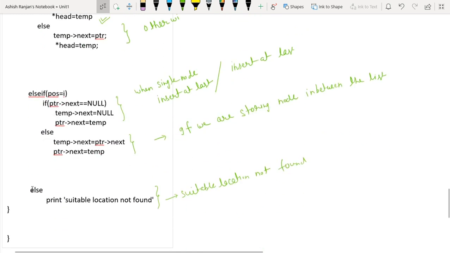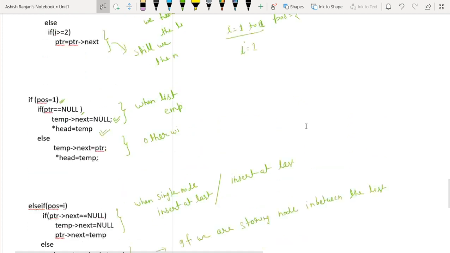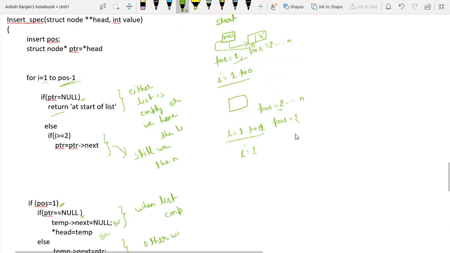So we will come to this else portion, and this else portion will say suitable location not found. So from 2 to n, for all the values, it will give suitable location not found, which is giving our condition true. My motive is fulfilled when start is null.